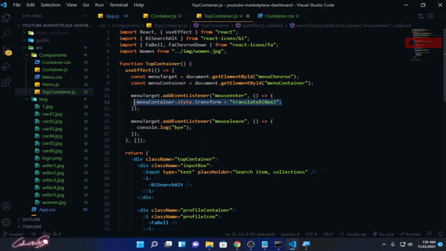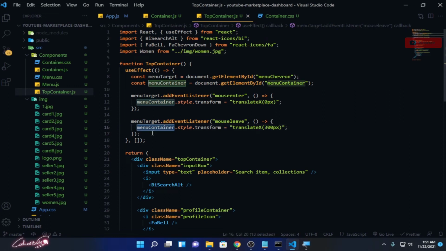So when I'm leaving it, I need to make this change again to 300. Okay, see, this is the problem. When I'm moving it, once I leave it, it's moving back, so we should avoid that. So instead of targeting that icon with menuTarget, I'm going to add this event for my menu container. See, it will come in, and once